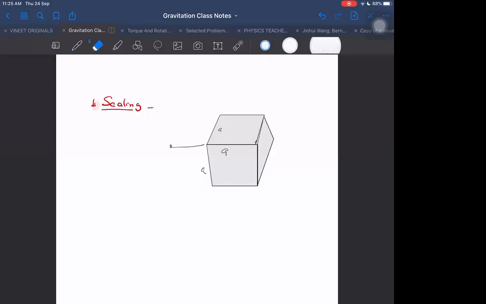Or even if I assume it to be x, let us say somebody has given x, then also I will prefer to write it as x by a, let it be n. Then I will write x as n into a. Means I want to write it in terms of a, and I will give a reason why. I want to write all these in terms of a, and then I can ask this question now.